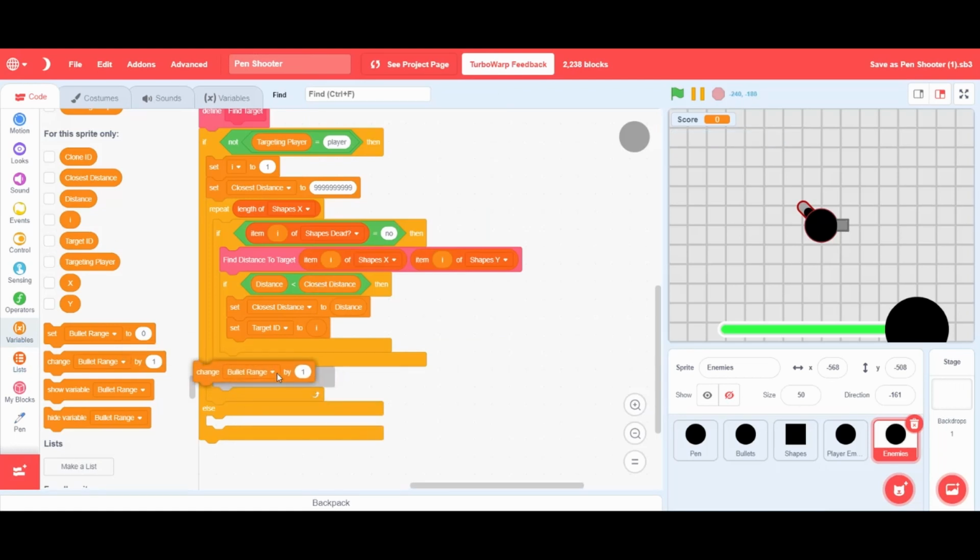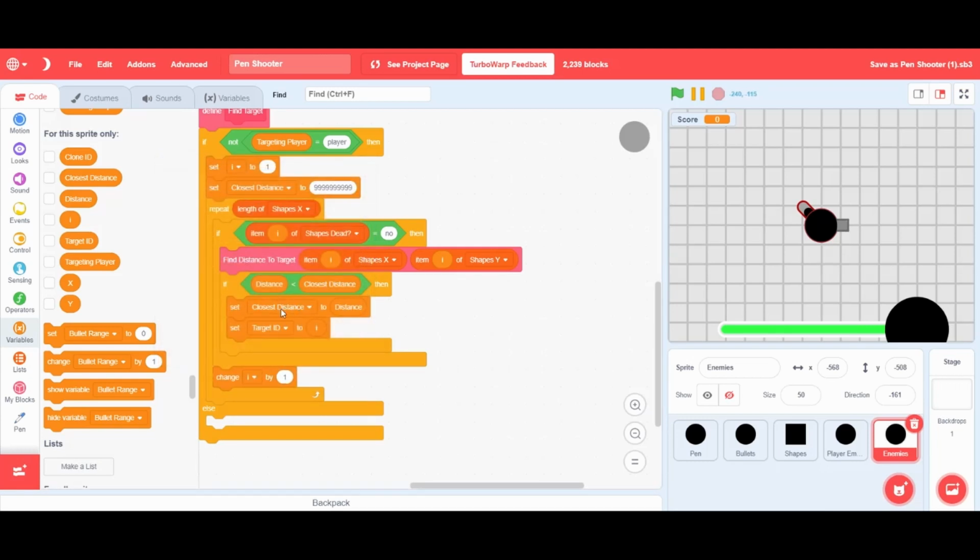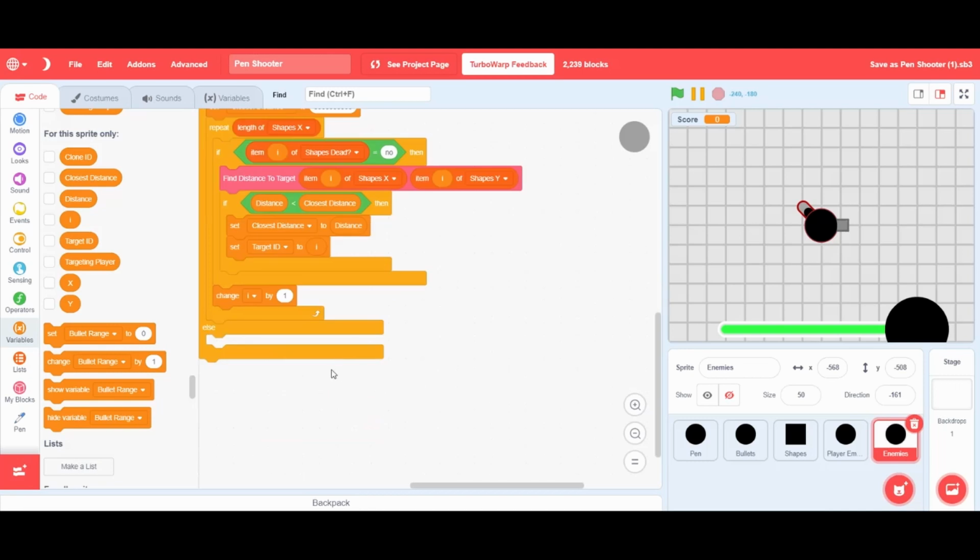Oh wait, we also have to add this in the repeat loop. We have to change I by 1, so it will cycle through the entire list. Alright, now what we're gonna do